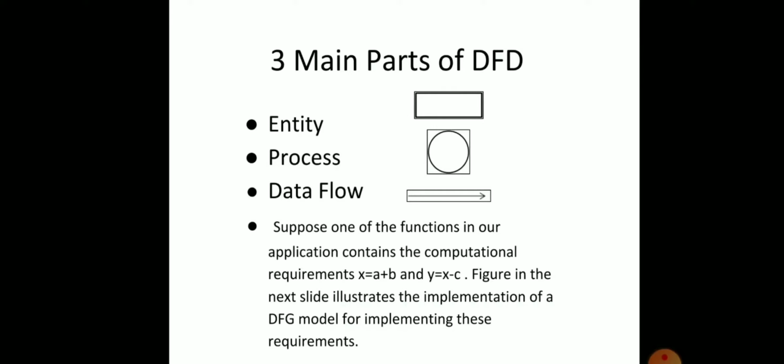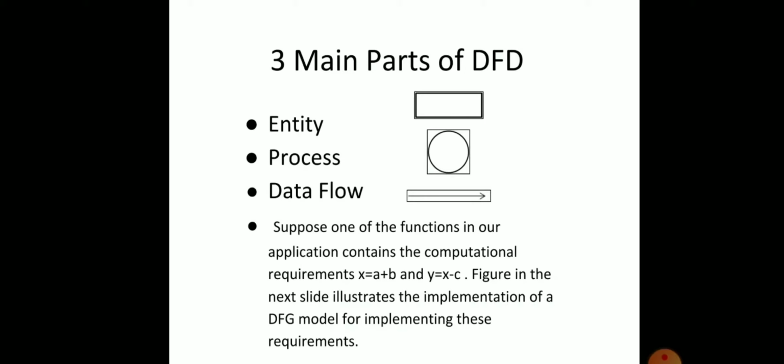Data flow is represented by arrows. An inward arrow to the process represents input data and an outward arrow from the process represents the output data. These arrows are the pipeline through which the information flows. And in several DFDs we can also see the fourth entity called data store. Data stores are the repositories of data in the system.